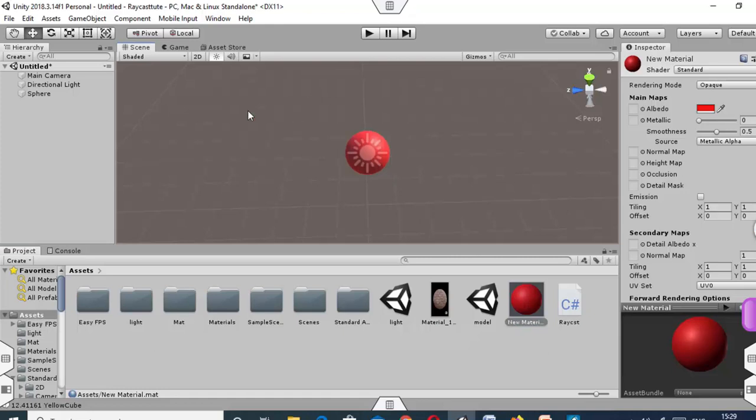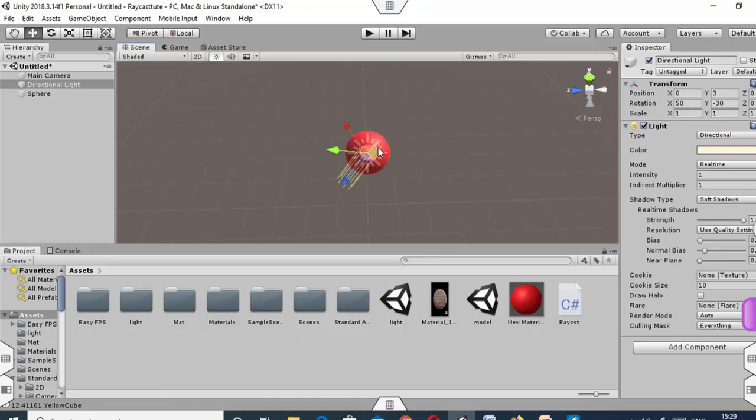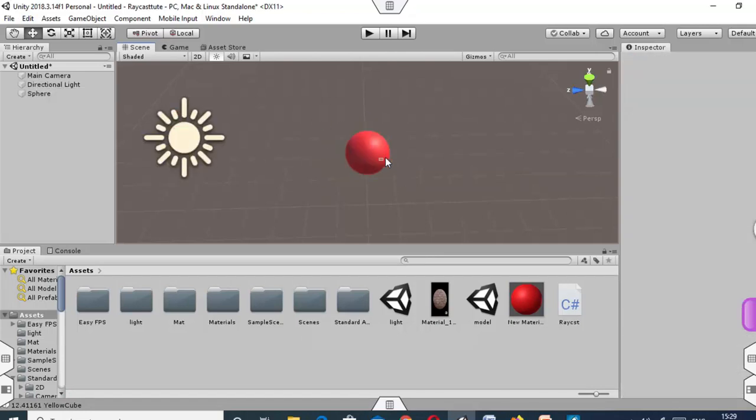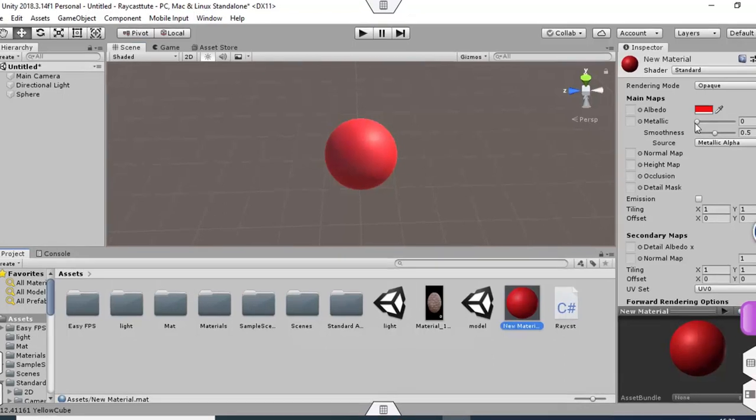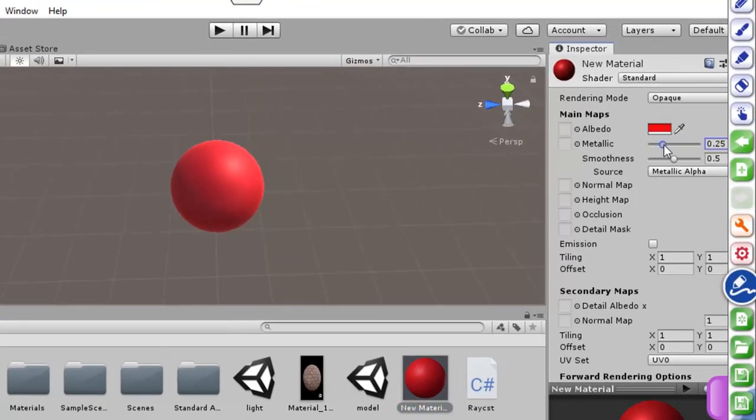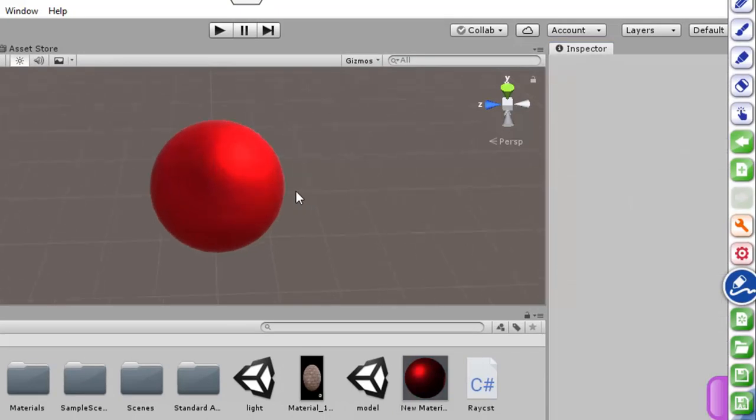So here we can see that this material is applied on the game object. We can also play with various options available on this material inspector panel. Suppose if I want to make it metallic, now it is looking like a metallic ball.